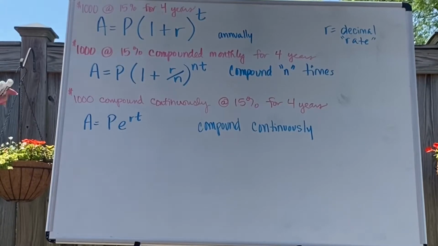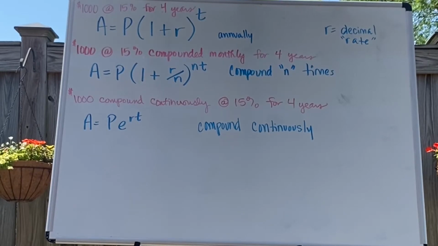The first one is if it just says annually, or that you would compound annually. The second situation is what would happen if it says compound monthly. Monthly is 12 months a year, so you would use 12. Or if it says semi-annual, that's twice a year. If it would say daily, you'd have to use n is equal to 365, because that's how many days are